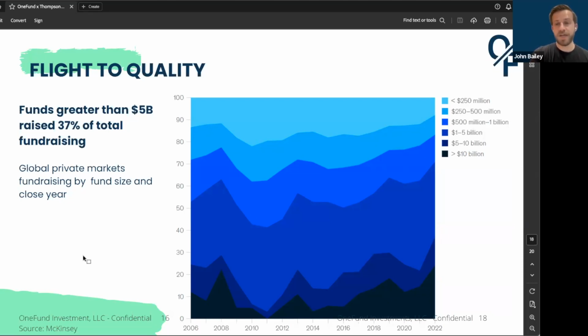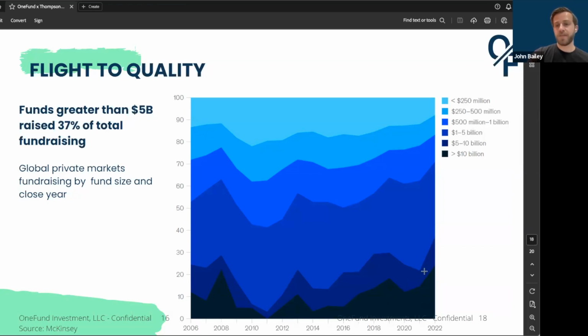For the first time in the last 20 years, roughly 70% of funds raised have gone to funds with an AUM over $1 billion. So people are reverting to scale. They're placing their money on funds that are quite large, with the hope that this will probably be more stable. This chart on the right shows that the darker the band, the larger the AUM, and the bigger the band at any point in time, the larger the share of funds raised going to that type of private equity fund.